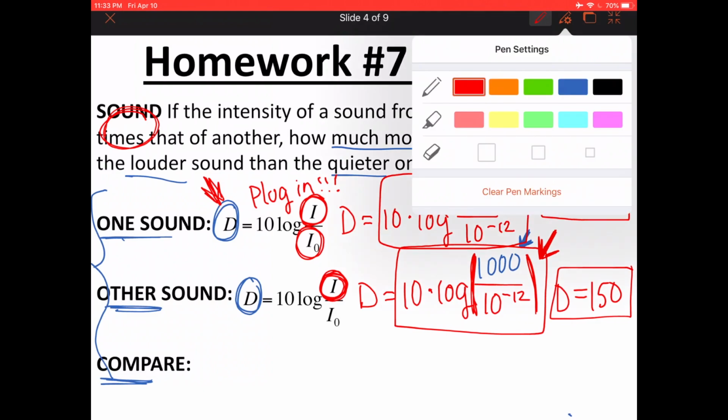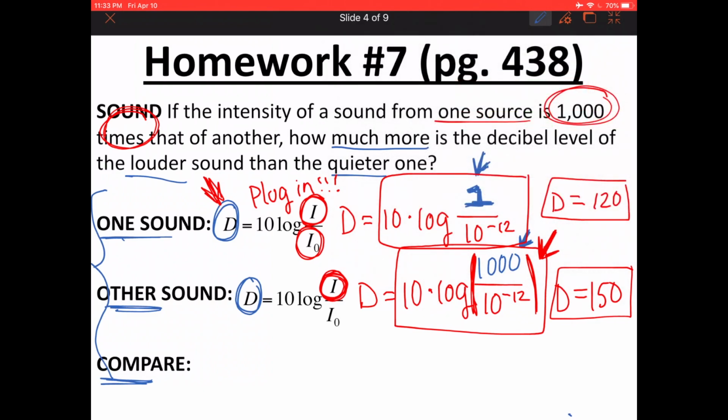Now, these are not my final answers because the question actually asks me how much more is the decibel level of the louder sound than the quieter one. So the louder sound is obviously the higher decibel level. So how am I going to compare these? All I do is 150 minus 120. And so how much more is the decibel level? 30